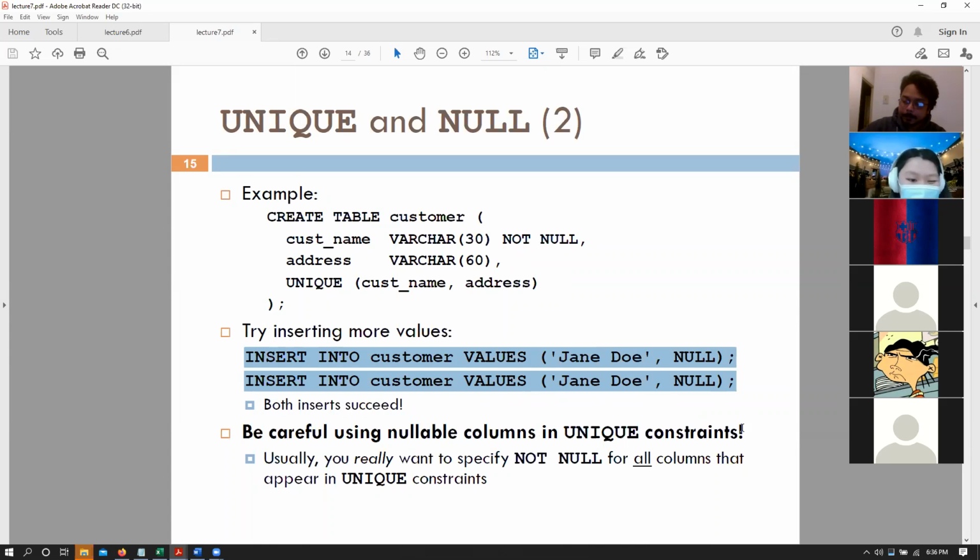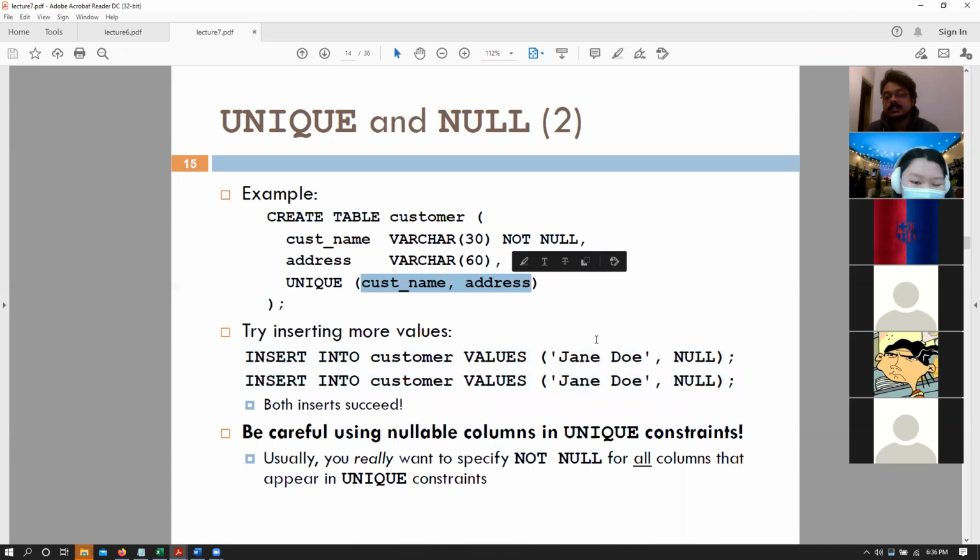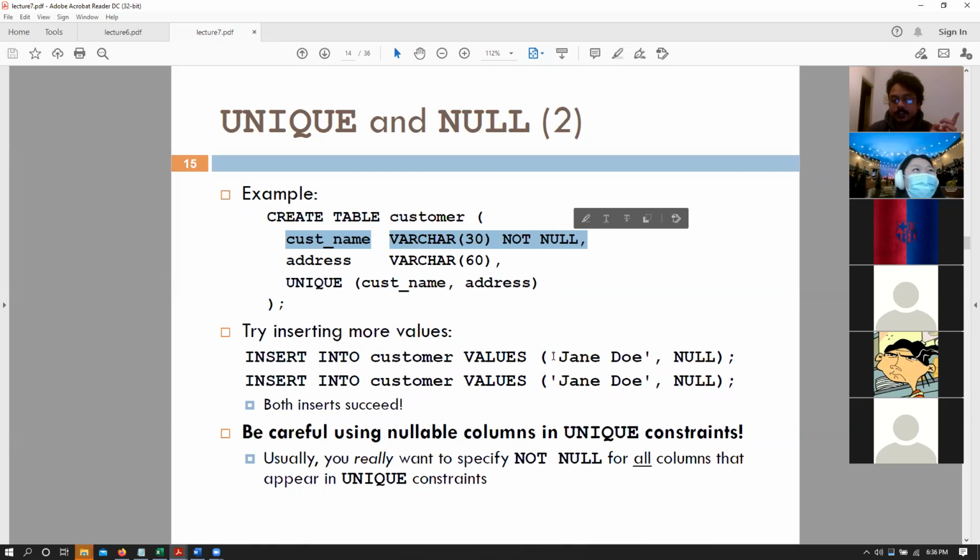Is it because there's no unique there? But it is, right? Both customer name and address are unique. Yes, unique constraints do not exclude null values. By default, unique constraints won't specify that a column cannot be null. We had a customer name not null constraint on that, and that is why we specified Jane Doe. But since we allowed addresses to be null, and different null values are not the same, remember? Null equals null is not going to be the same thing.